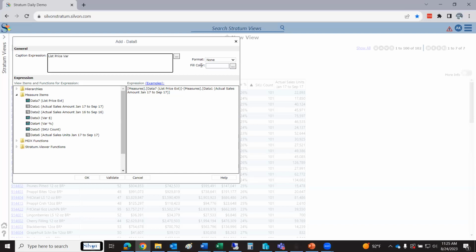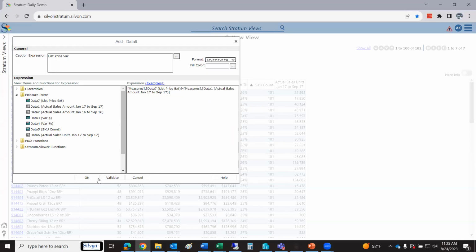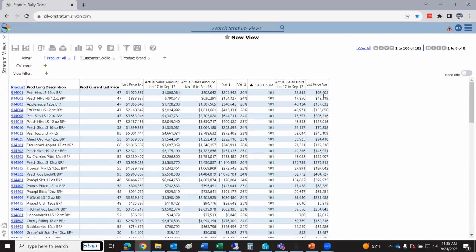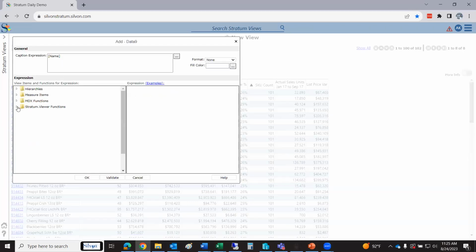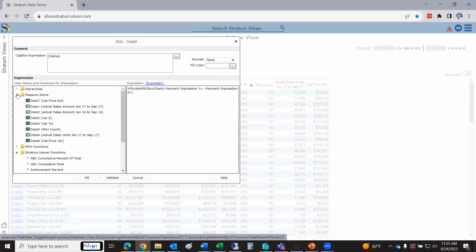Okay, that's going to be dollars, of course. So I bring that in, right? So there's my variance between list and net sales there. And then once more, I'll get that calculation go back into my functions. I'm going to use that divide by zero check, and then I'm going to use that list price